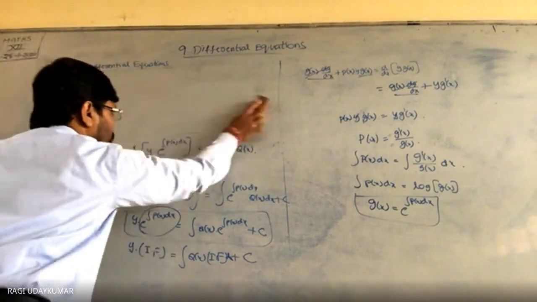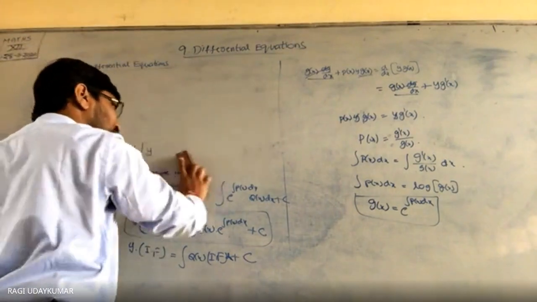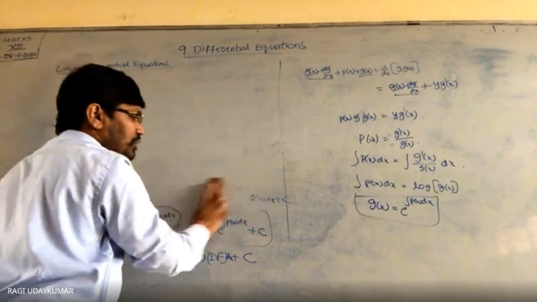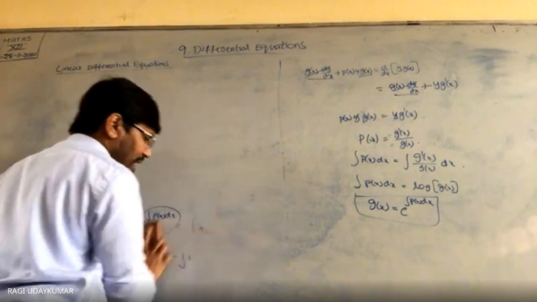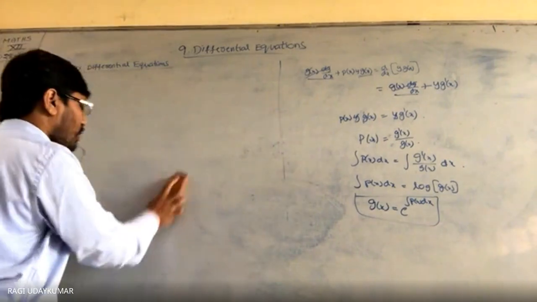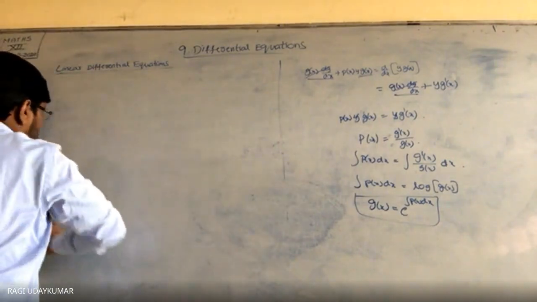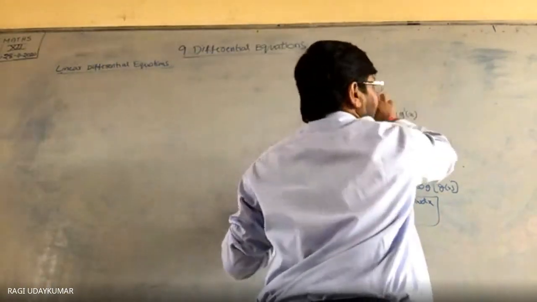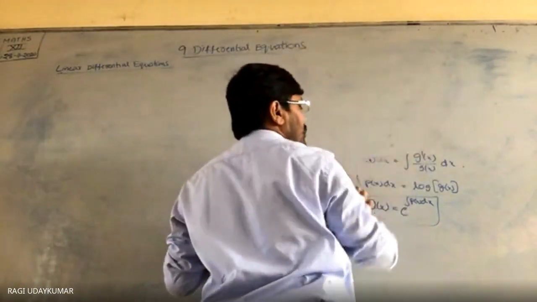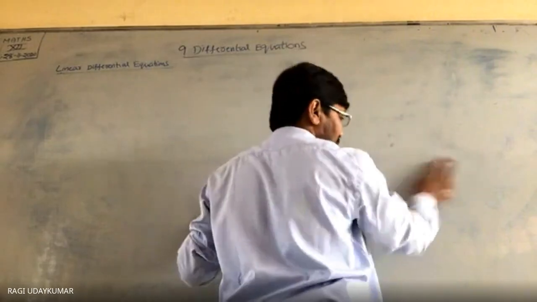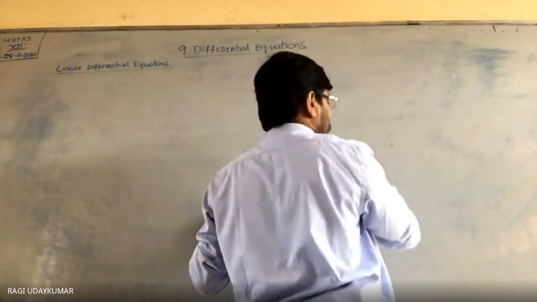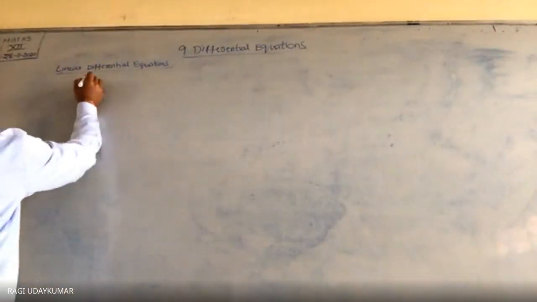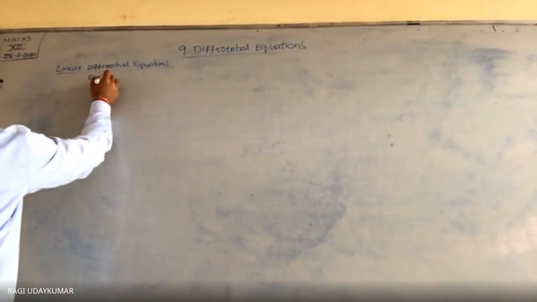So if you are solving one problem, then you can easily understand that. How do we find out the solution of the differential equation? What procedure, what method have we applied here to find out the solution for the linear differential equation? The same method you can also apply, but the problem becomes very lengthy. So directly you can take the solution as y into integrating factor is equals to integration of q of x into integrating factor plus c. So first problem, let us consider exercise 9.6.